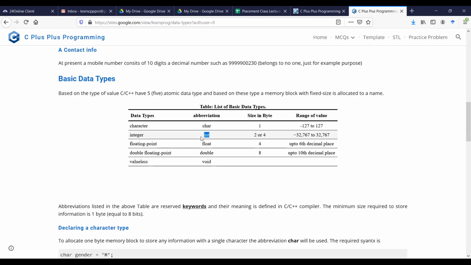The present architecture follows 64-bit architecture. So in this case, the compiler will consider the size of the integer data type as 4 bytes. The range of values is what I have listed here.